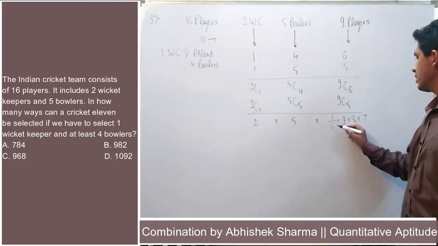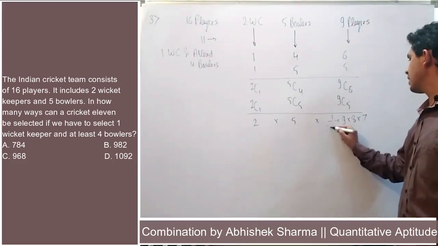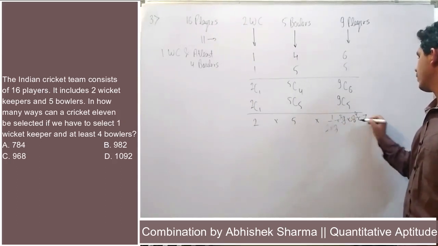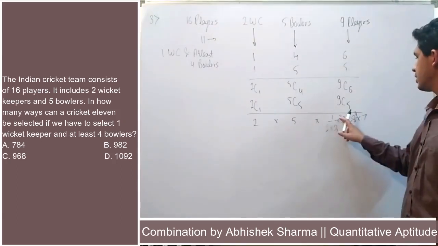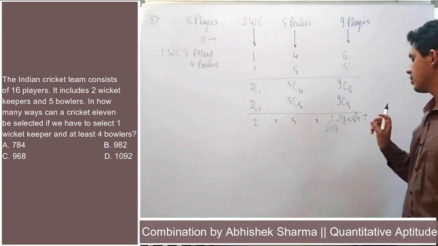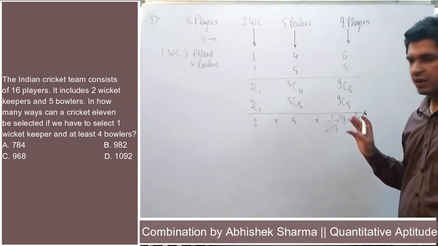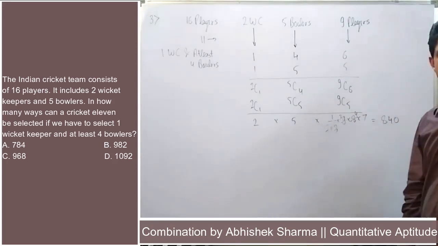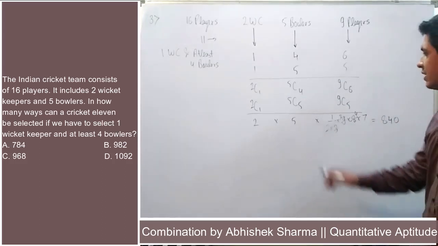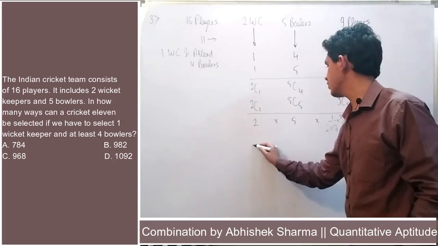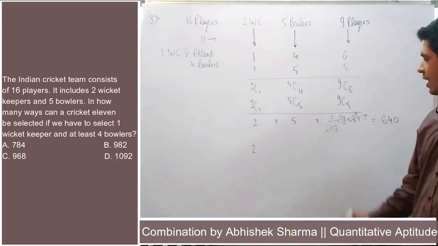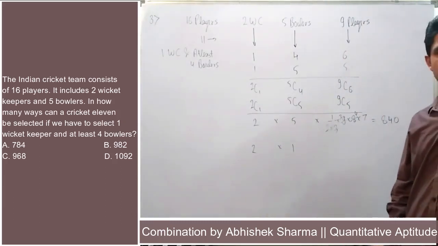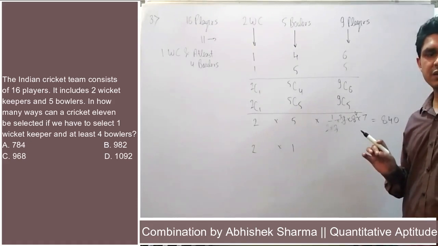Right? So when solving this, it will be written 2 multiplied by 3, so 3 3s are 9, and 4 3s are 12, and 12 7s are 84, and 84 multiplied by 10 will be 840. Right? And the second case, when we solve 2C1, this will be equal to 2, and multiplying 5C5, 5C5 will be equal to 5C0, and the value will be 1.